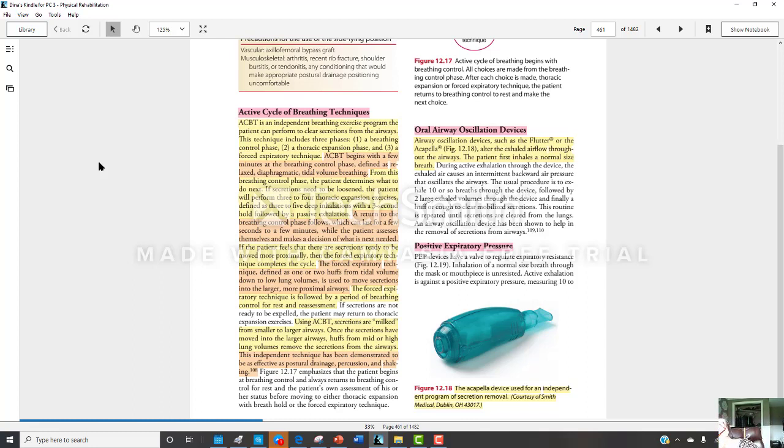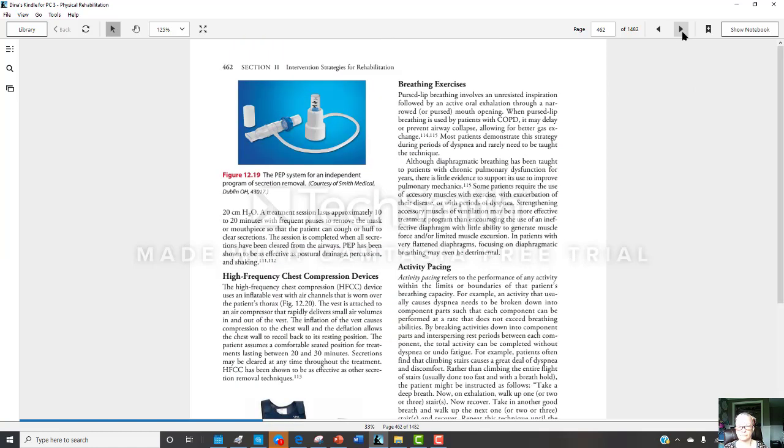Positive expiratory pressure (PEP) devices have a valve to regulate expiratory resistance. Figure 12.19. Inhalation of a normal-sized breath through the mask or mouthpiece is unresisted. Active exhalation is against a positive expiratory pressure, measuring 10 to 20 centimeters H2O. A treatment session lasts approximately 10 to 20 minutes with frequent